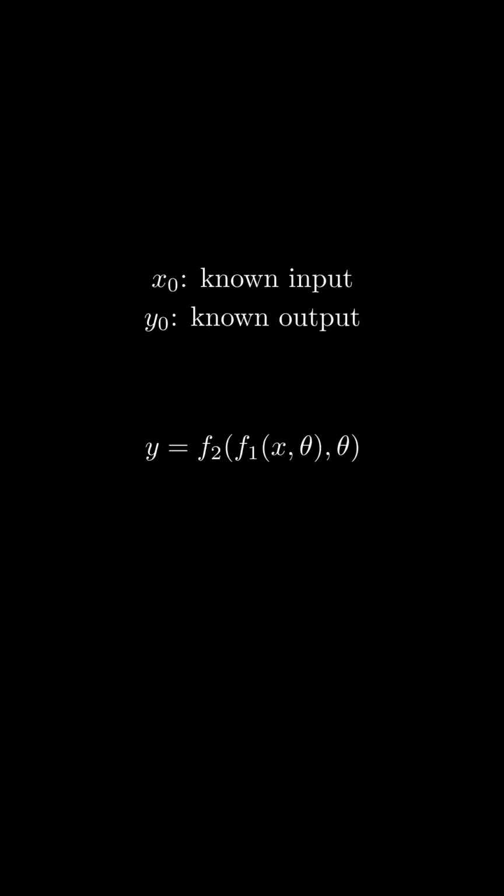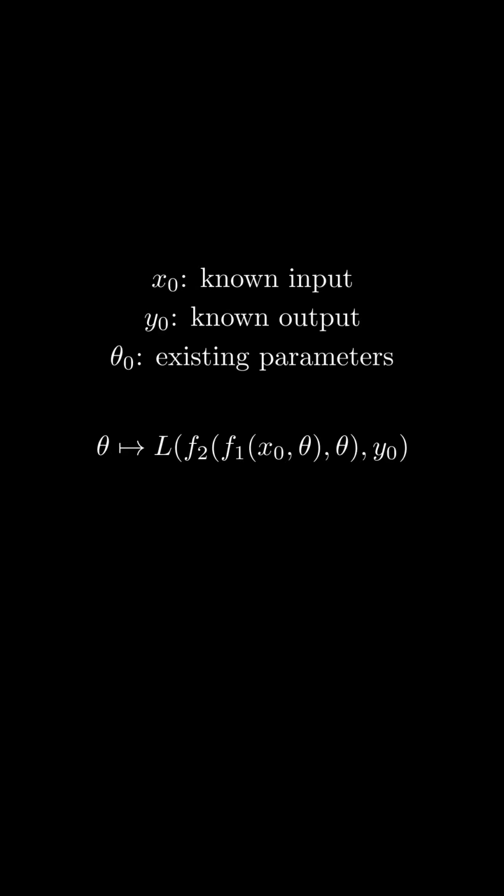When training a neural network, we start with known inputs and outputs and try to find the parameter values that minimize a loss function applied to the predicted output and the known output. Importantly, we think of this function as a function of the parameters. We typically have an existing set of parameters from which to start. We'd like to iterate on the existing parameters to find parameters that decrease the value we get when we evaluate